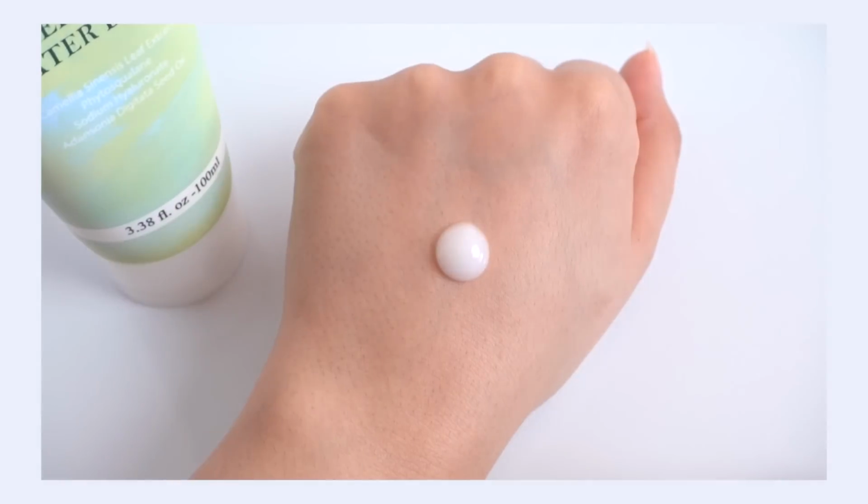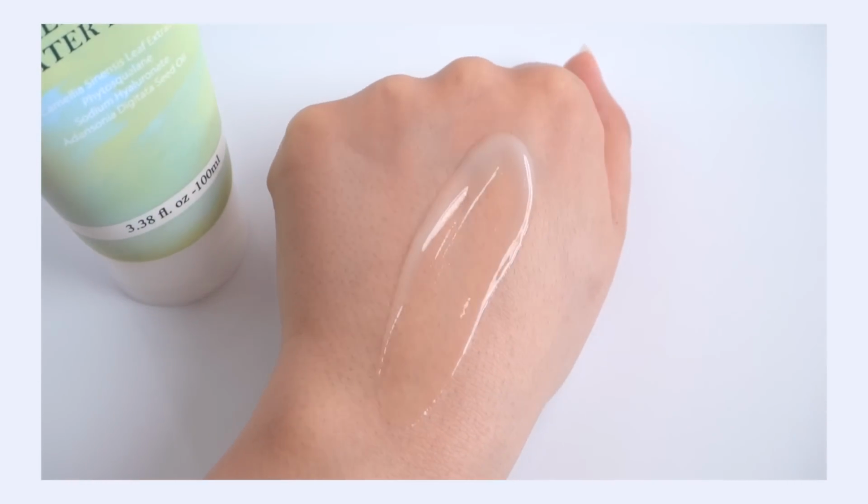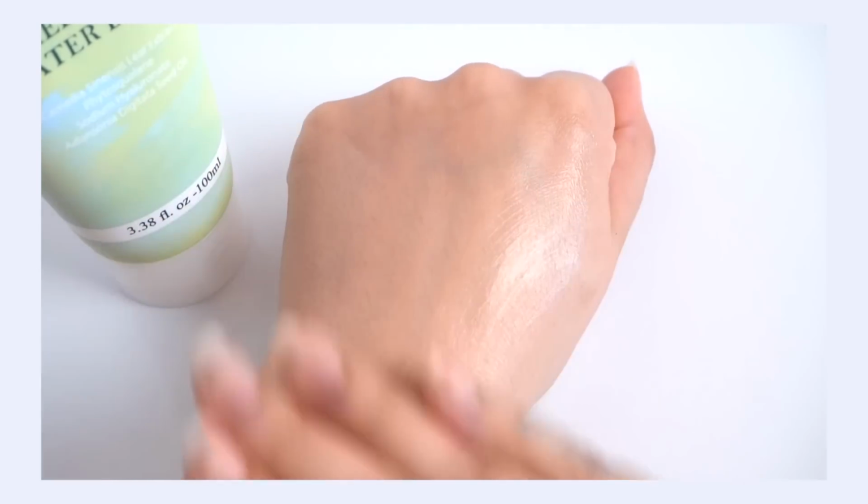And remember, baobab does bring that little bit of moisture to the formulation. And that's what really sets this one apart for me, is it actually has quite a bit more moisture than the Klairs does. We get the water bomb effect. Like, it delivers on the name. Don't get me wrong, this delivers. This will plump your skin with lots of hydration, but it actually has a little bit more richness to it